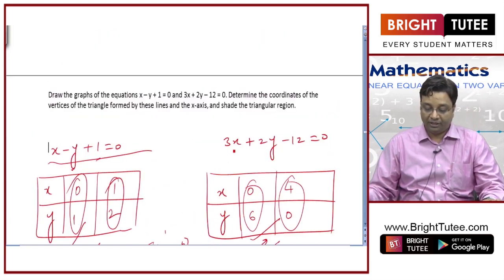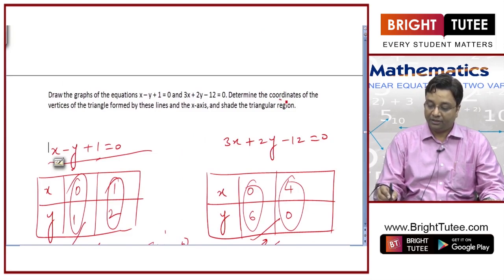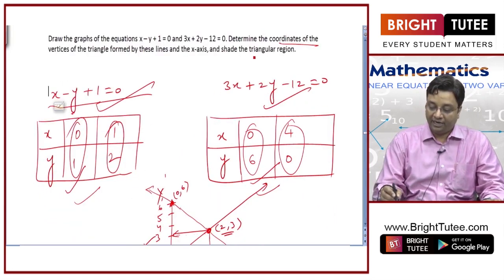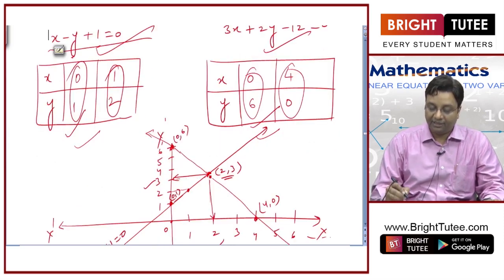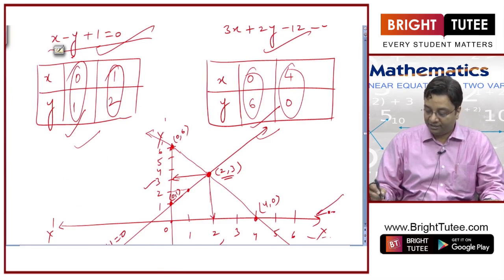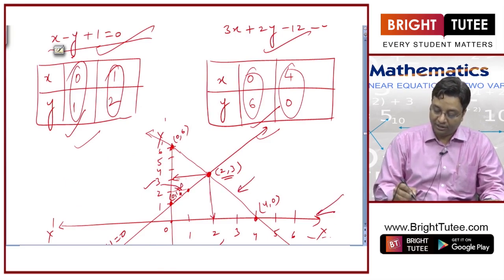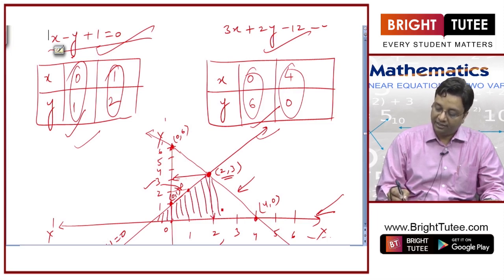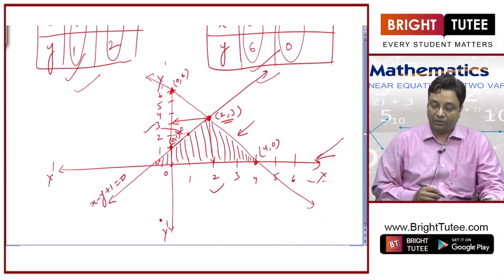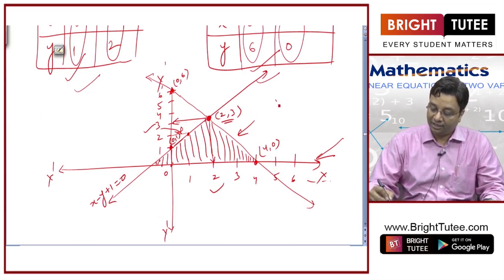So this will give me the solution for this pair of linear equations, and this will also act as a vertex for this triangle. You see, if you use this x axis and these two lines, you see that this is the triangle. The triangle that I am shading right now is the triangle formed using these two lines,